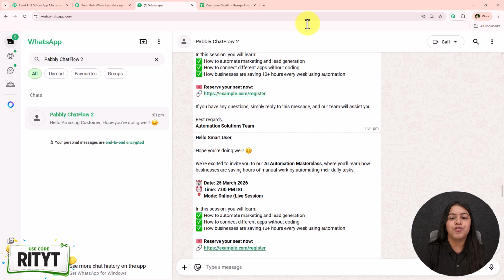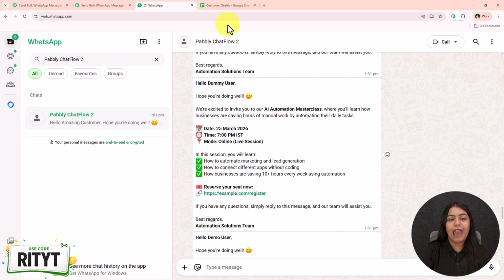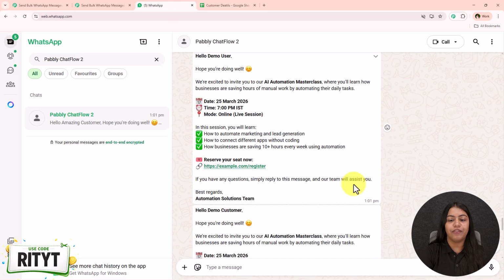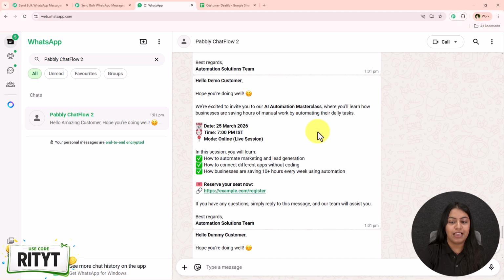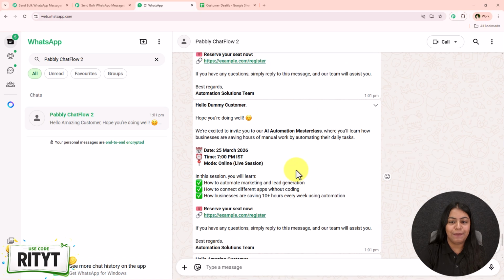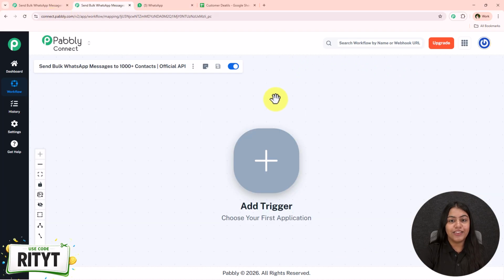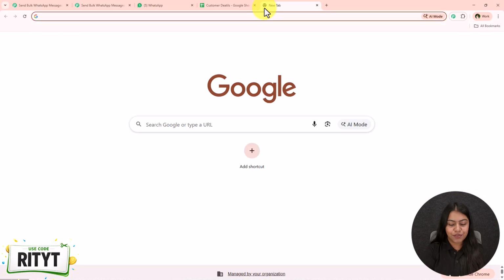So I wanted to notify all the ones who I had in the spreadsheet about the new event of the AI automation masterclass, and I've sent the WhatsApp messages for the same. So let's learn how to do this. To do this, you just have to open your workflow builder inside Pabbly Connect if you are an existing user like me. But if you are a new user, you have to open a new tab and search for